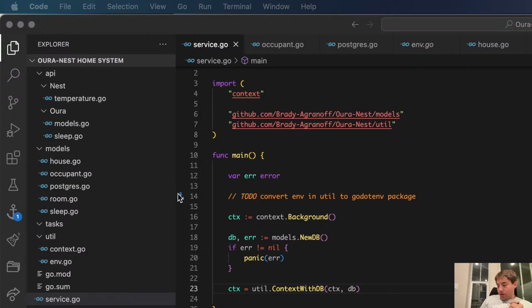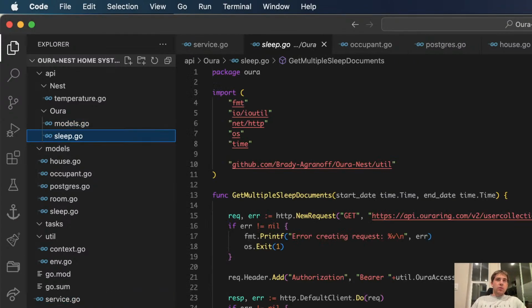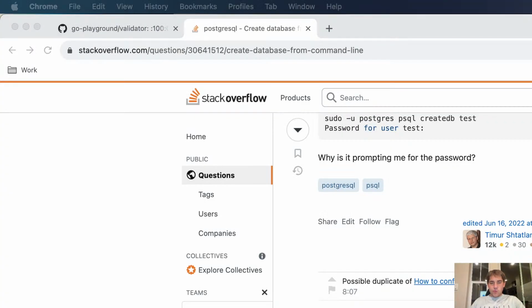I want to import a bunch of sleep data retroactively. So let's write a function to get all that sleep data retroactively. This is kind of what I've written. I think this will just get one sleep. Well, actually, it says get multiple sleep documents. It should get more, except this function doesn't actually do what it says. So let's take a look at their docs. I'm already authorized in, which is nice. I created my access token and everything. So if you want to do this, you have to do something like that.